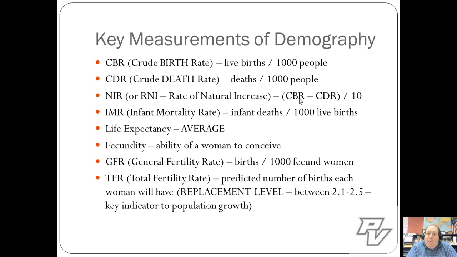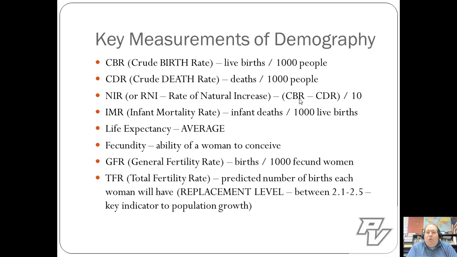There are some key measures of demography, and there's a lot of math and a lot of acronyms, so please make sure we understand clearly what each of these acronyms possibly means. The very first off is CBR, crude birth rate. Now remember, when we use crude, that term just refers to a very, very simple measure. We're not talking about anything too complex.